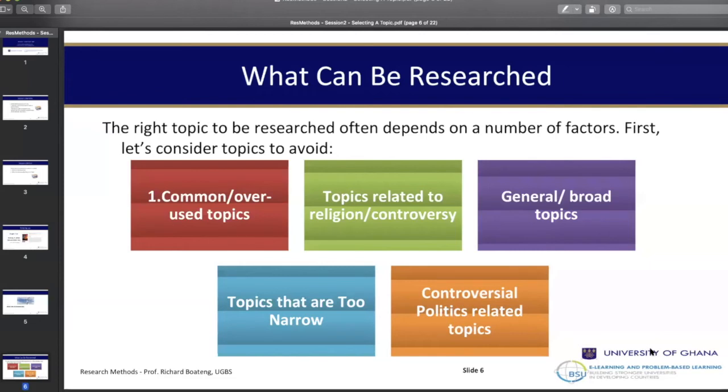There are some students who also choose topics that are too narrow to a scenario. They see something happening and say, oh, that is my topic. Why John left Sarah? Which is one scenario you saw in your house or among your friends, that John has broken up with Sarah. They say, hey, I want to do a research on that. That one, even your other friends know why John left Sarah. So there's no need for you to do a study on that.